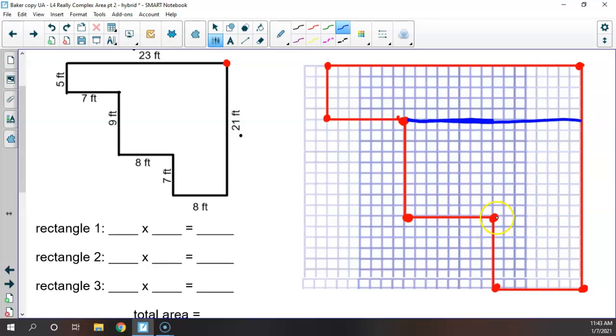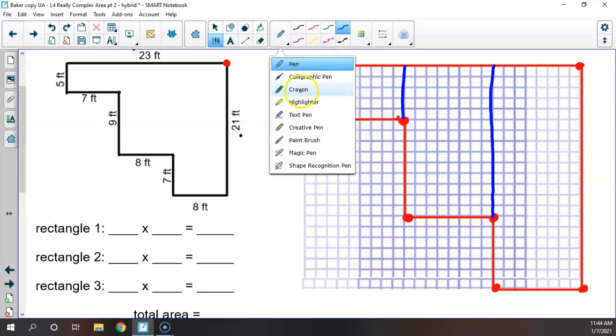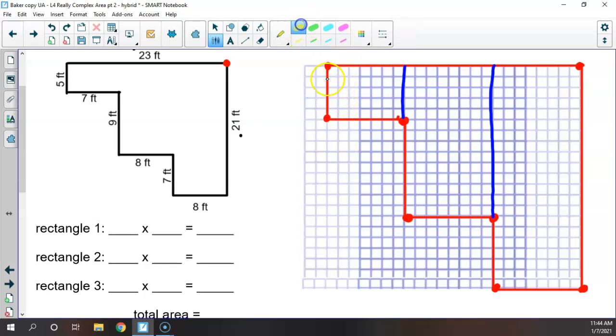We could do this, go across horizontally, or you could have chosen to split it vertically, like this. And so either way works. I might as well just keep it this way since I just drew those lines, and I'm going to go ahead and highlight each rectangle into a different color so that it is easier on my eyes when I am doing